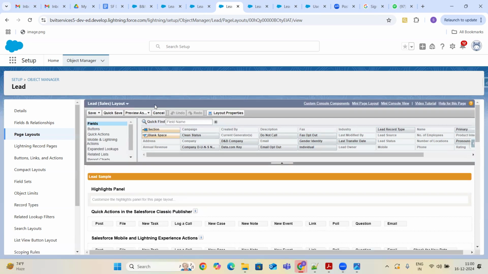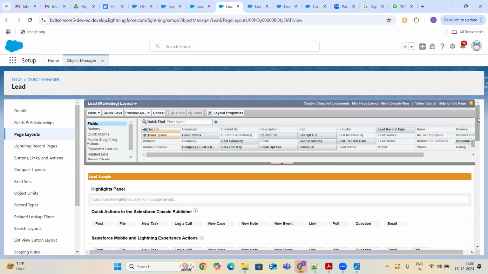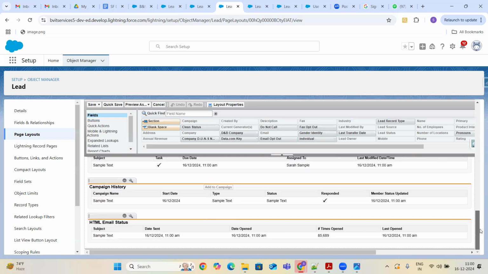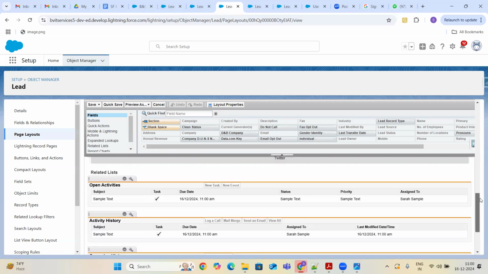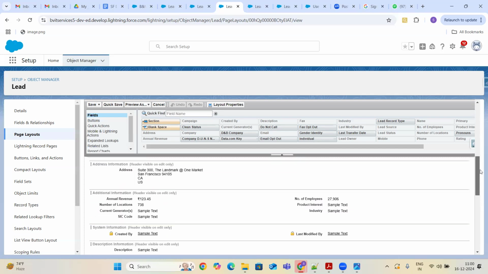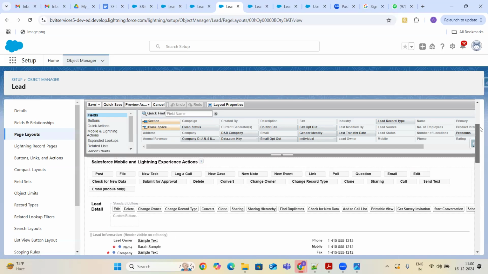But if you open up the lead marketing layout, on the lead marketing layout, you still have the campaign history. And what is the major difference? Buttons.